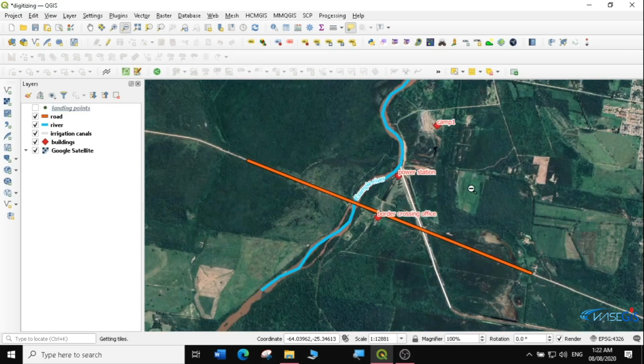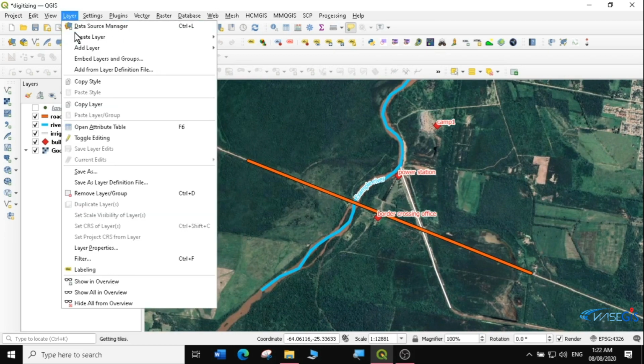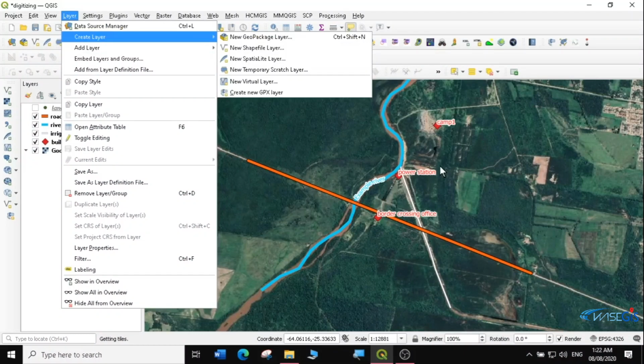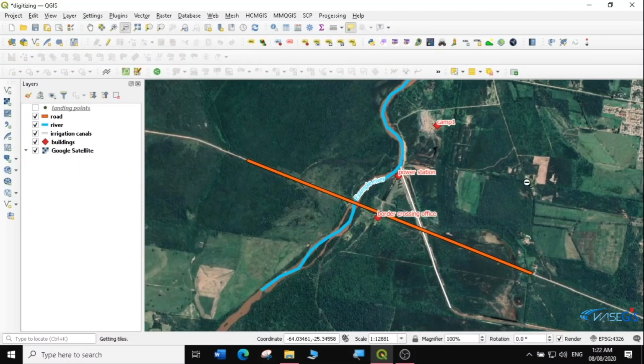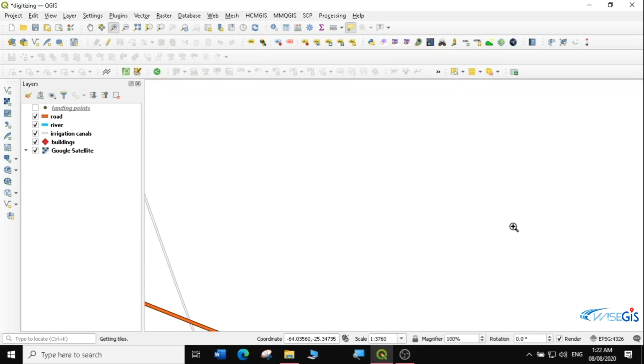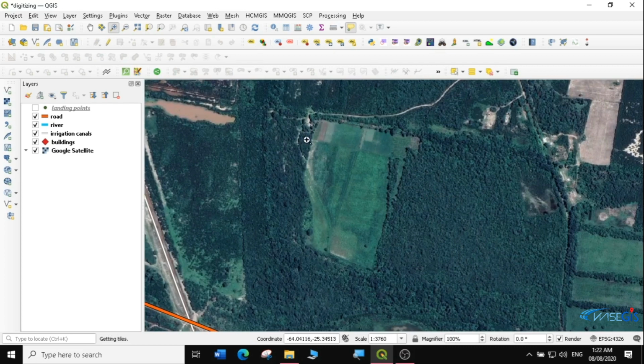Now we want to go to digitizing the polygons. We'll still do the same thing, go to layer. So we have ascertained that this region has some small farms here, farm here. But you just want to concentrate on this region. You don't want to go so far from this. I'm just going to zoom in first to this. You can see there's a very nice farm here. I'm going to digitize